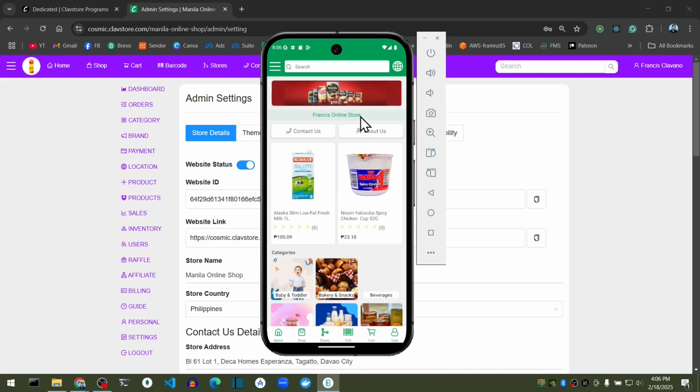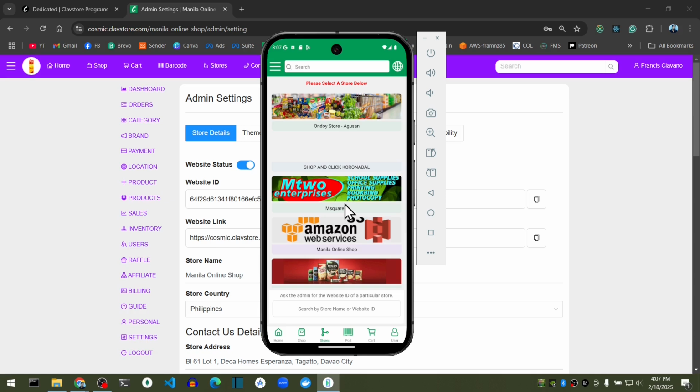It's gonna cause some trouble with your customer because they might order in that website and not in your website. And after they do this, they're gonna need to go to store to find your store there. And there are a lot of stores that will be listed here. And they may accidentally find another store, your competitors here, and they may end up not ordering in your store because they need to search for their store first here. So if they have your website ID, they can put your website ID here, or they may also type or search your website here.